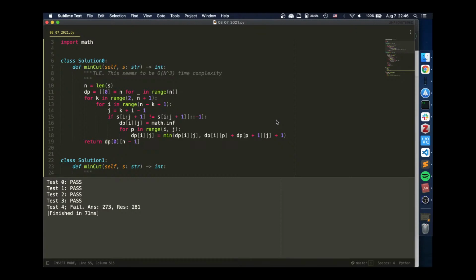So by running the dp of that, we can get all the palindromes. dp[0] is the number of palindromes. Minus 1, that's the number of cuts, yes. So to find the minimum number of palindromes from 0 to end, right? The minimum number of palindromes from 0 to the end. We need to find the number of minimum palindromes from 1 to the end. Right, if we have that,